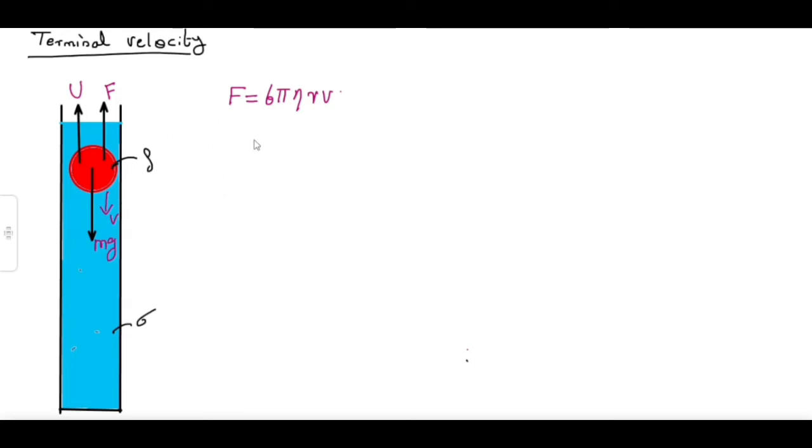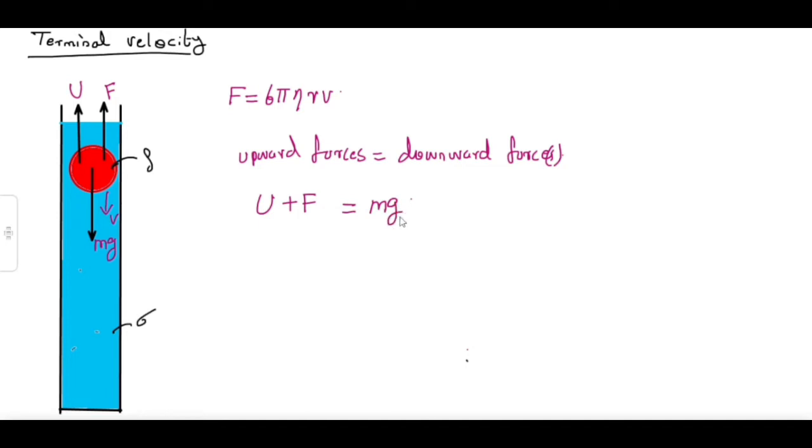While this spherical body is falling downward through this viscous fluid, do you know what will happen there? At one particular instant, these upward forces will be equal to the downward forces. Which are the upward forces on the spherical body? One is the upthrust, the other one is the viscous force. Which is equal to the downward force? There is only one downward force, that is equal to the weight of the falling body. Now, what is the upthrust?